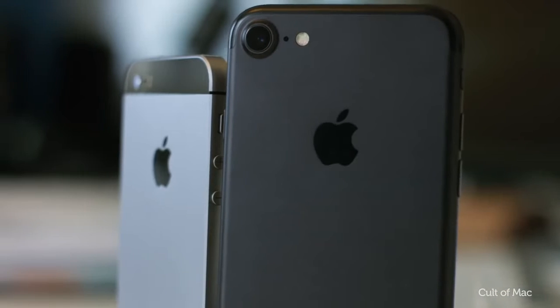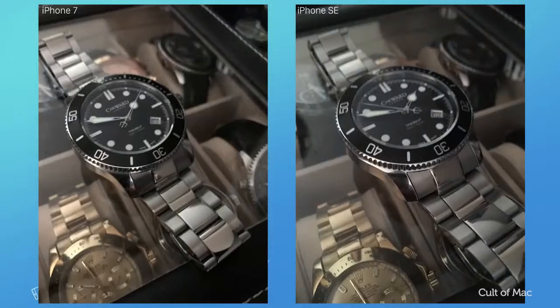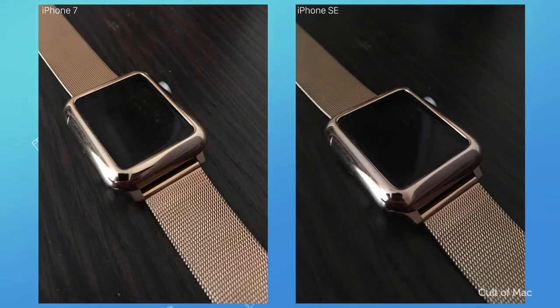One of the other things I love about the iPhone 7 is its camera. Now, both the iPhone SE and 7 have 12 megapixel cameras, but the quality of the low light pictures from the iPhone 7 is a massive step up over the SE. I've taken some example pictures here, and as you can see, the images are a lot sharper and the colours